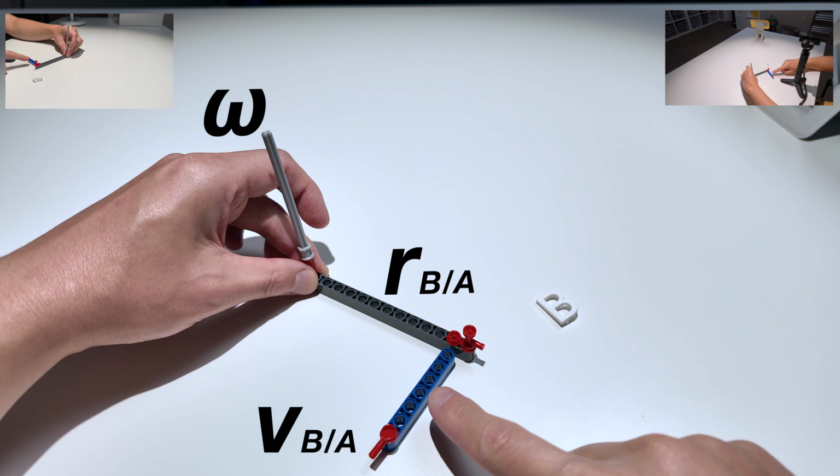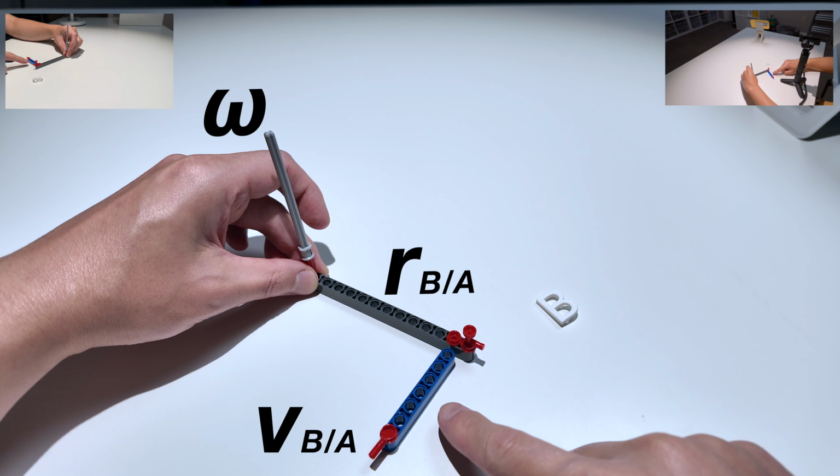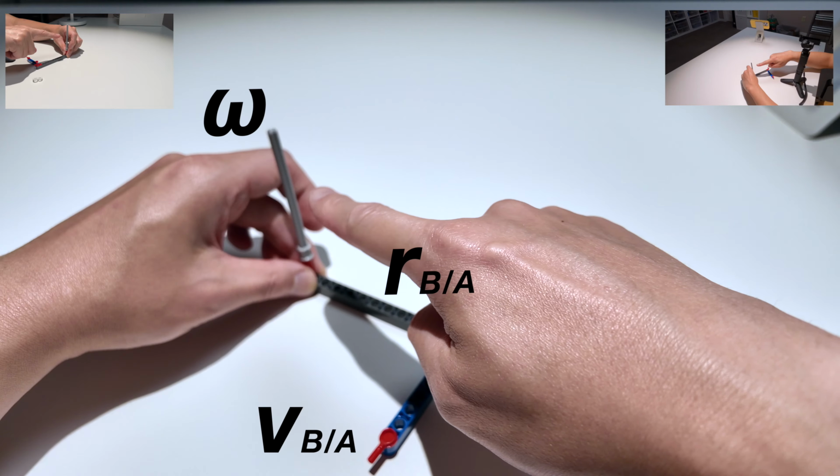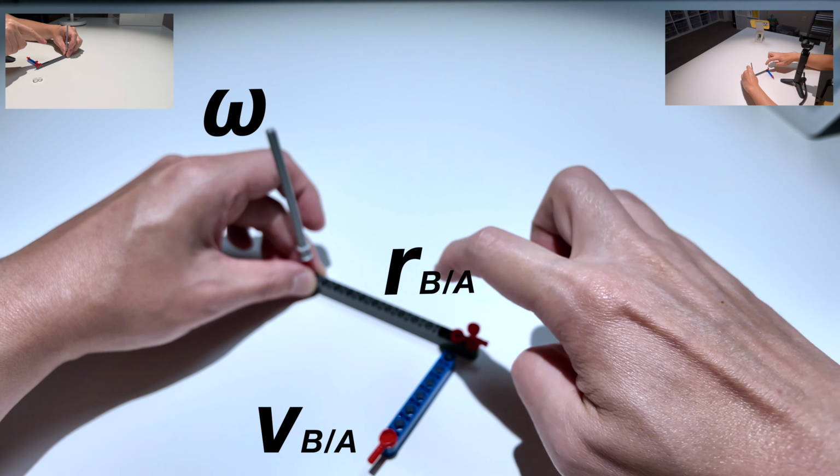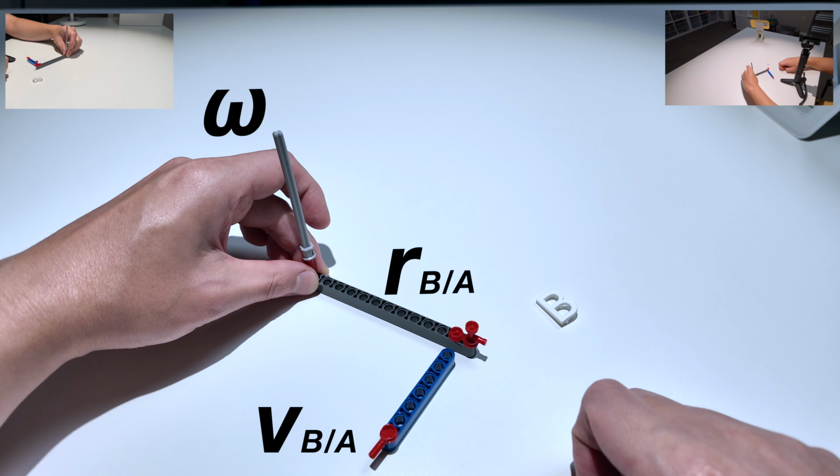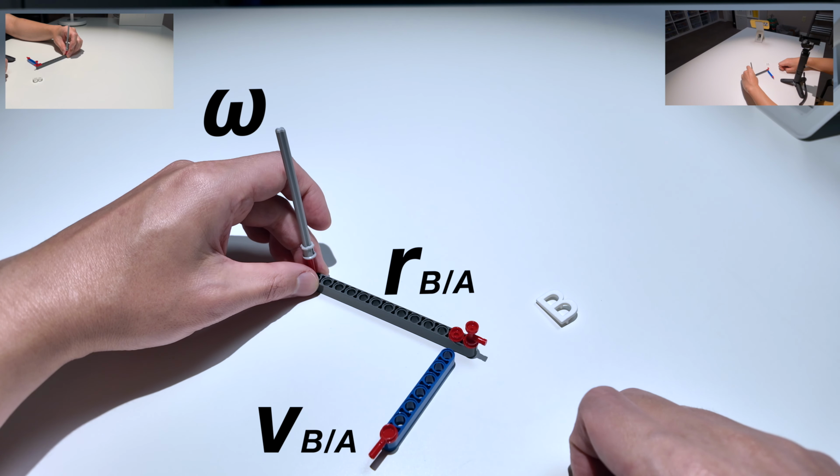So our relative velocity is always perpendicular to the omega, angular velocity, and the relative position vector, B with respect